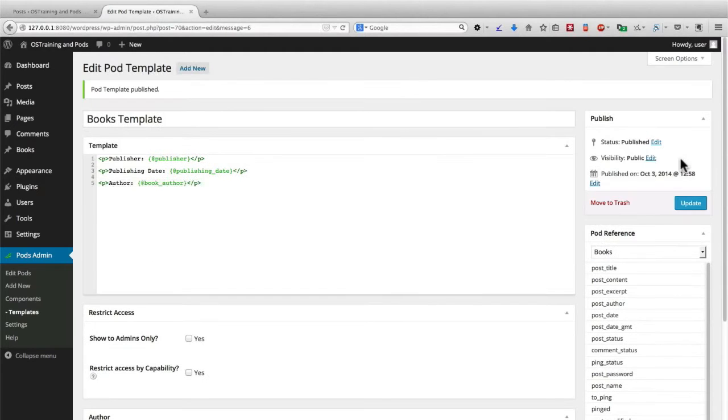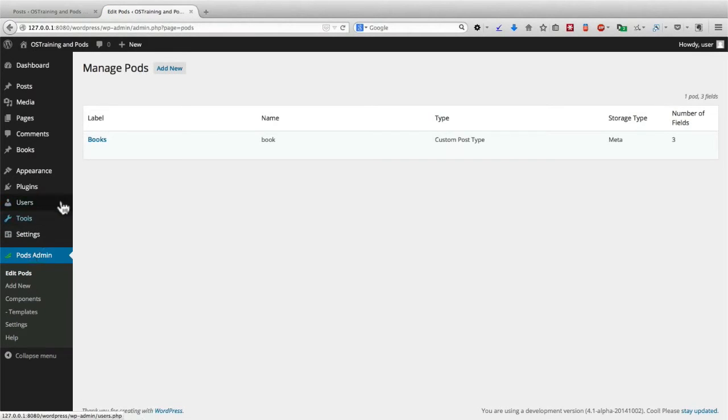There's only one more thing that we need to do now in order to make it easy for people creating books to see the content when it appears on their site, and that's to connect this new books template to the books pod. So I'm going to go to Edit Pods. I'm going to click Edit next to Books,